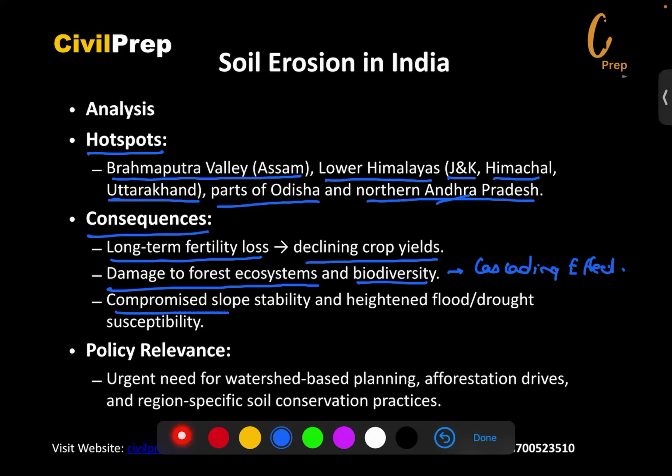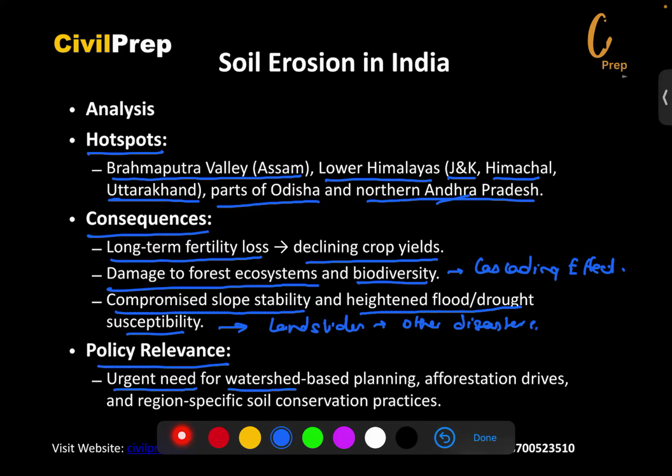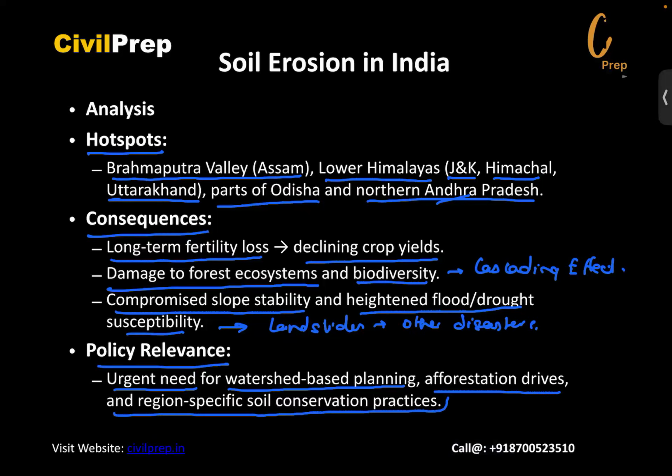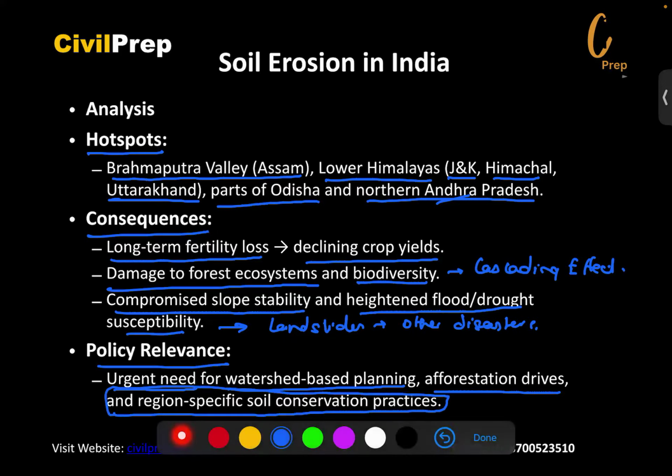Then compromised slope stability and heightened flood and drought susceptibility. This is resulting in landslides and other disasters. Thus, policy relevance here will be seen: the urgent need for watershed-based planning, afforestation drives, and region-specific soil conservation practices is very much needed, which is bringing us to a part of